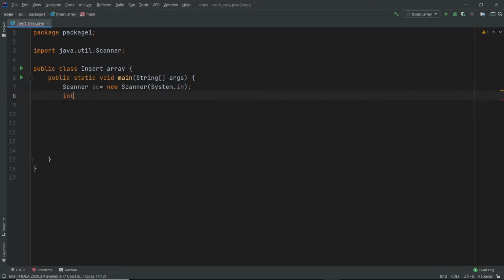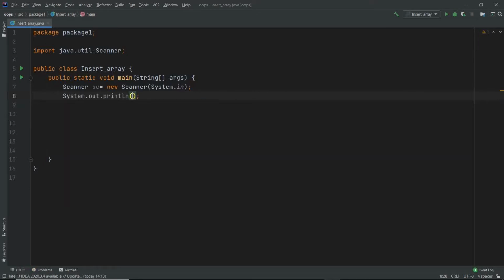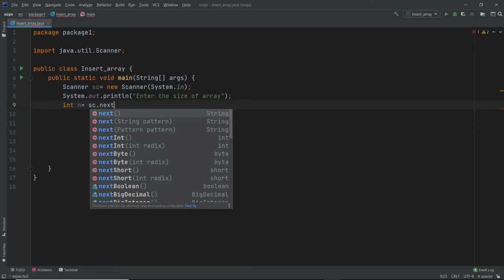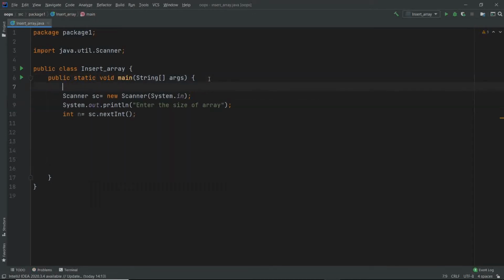Now int n equals, okay, let's put one print message: enter the size of array. So here n is the size of the array. So int n equals sc.nextInt(). This is nothing but the user input.